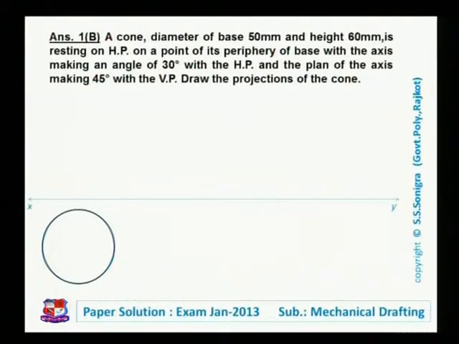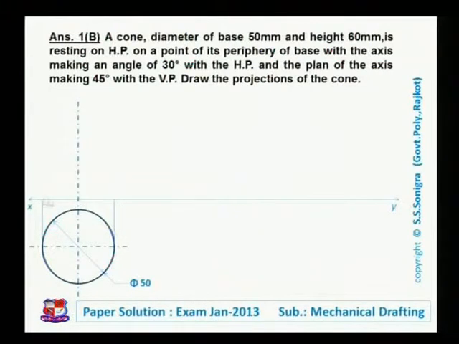That would be a circle, and diameter of the circle is given to us, that is 50 mm. So draw a circle of diameter 50 mm like this, mention its dimension like this, arrows 50 means its diameter, then draw its axis, horizontal axis as well as vertical axis by center line like this, and height of this cone is given. So for that, take projections from these two endpoints like this.